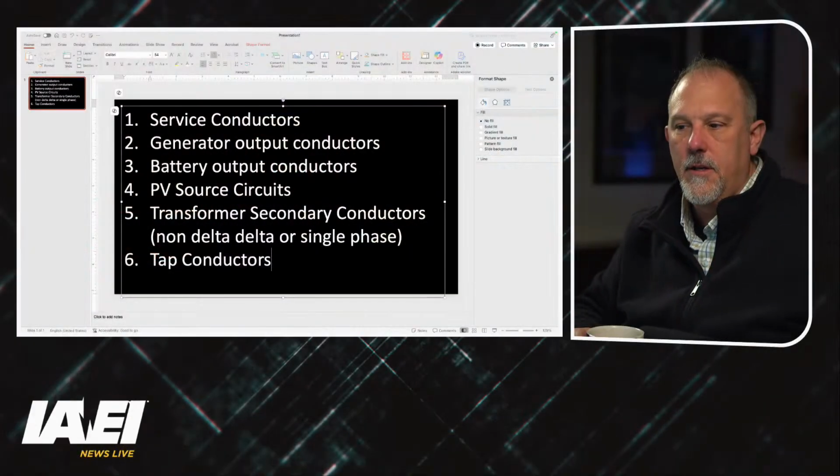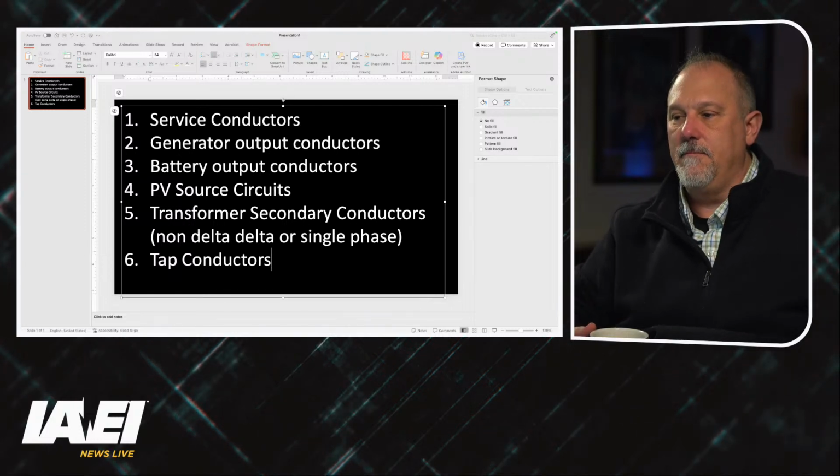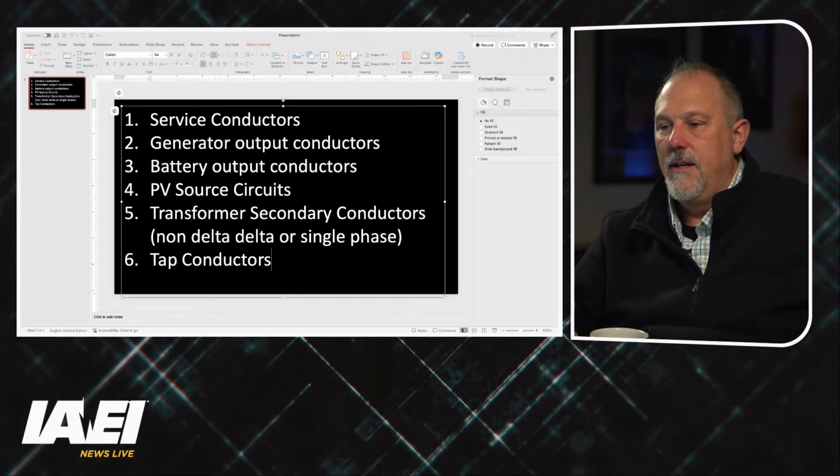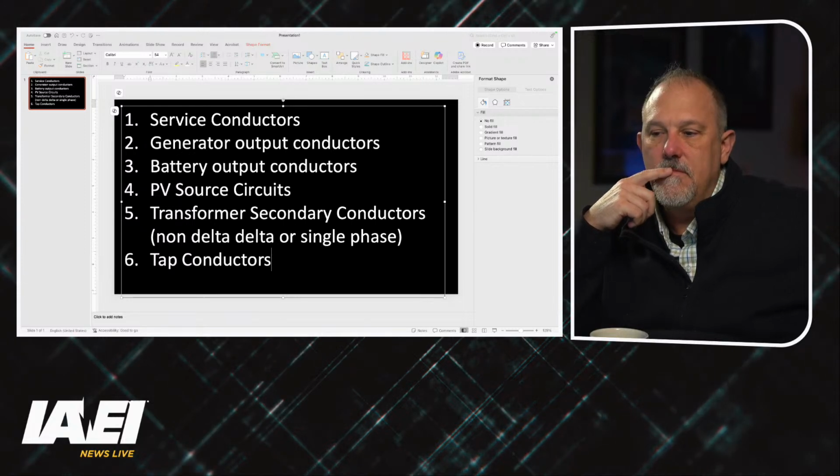So, tap conductors, and Felix, very good observation. It's no different. It would meet the definition of a tap conductor, and we've addressed it in Article 240. So, my question is, for all of these unprotected conductors that we have in a power system, should we